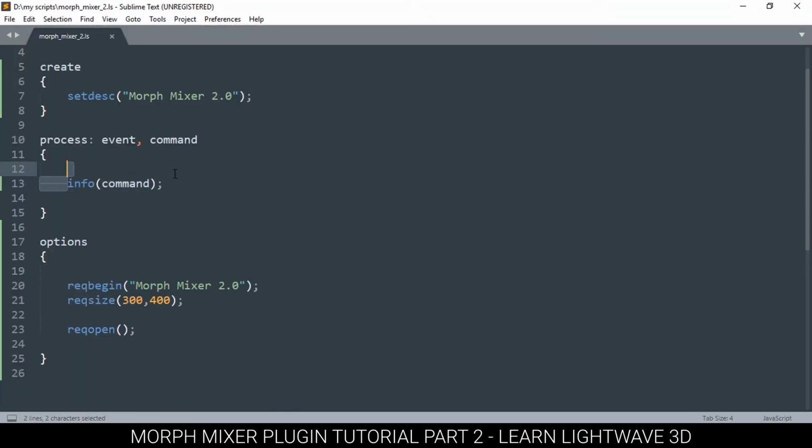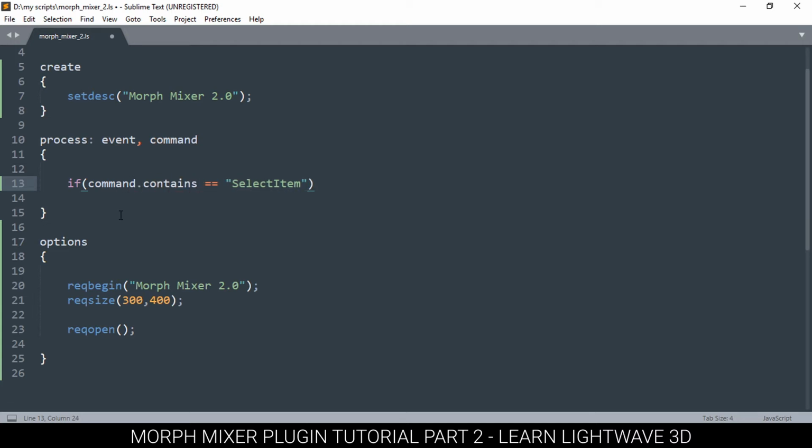Well, we can put an if statement here and say something like if command. Now, I don't want to say if command is equal to select item like this. The problem with this is that the command doesn't come with this text only. It has a number at the end here, which corresponds to the ID of the item being selected. Now, this number changes all the time, so we can't rely on putting a specific number here because we'll miss certain items. So instead, what we're going to do is say if